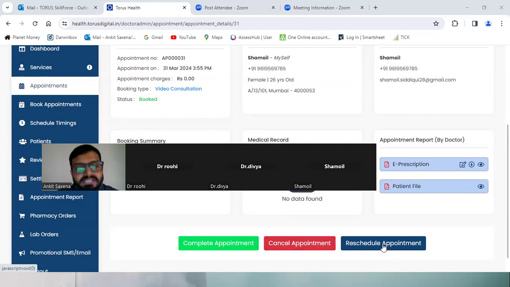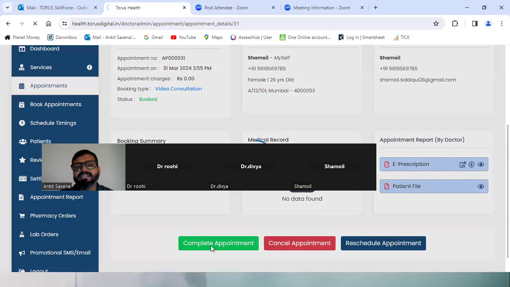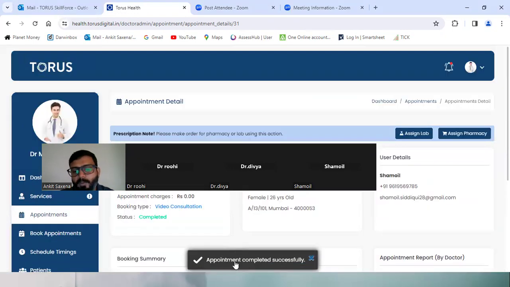Reschedule in this case will not be possible, because you don't know when the patient will turn up. So you can simply cancel the appointment. I am just marking complete appointment here and this appointment will get completed. Appointment completed successfully.